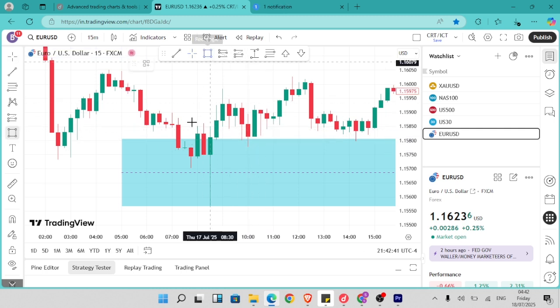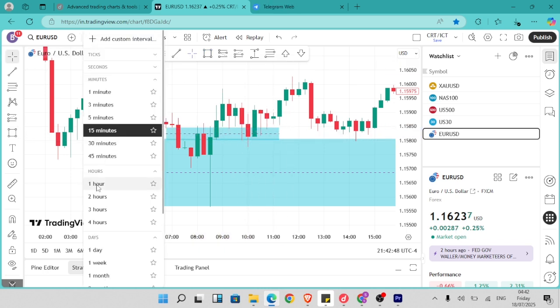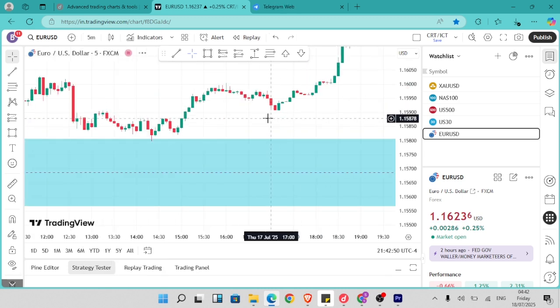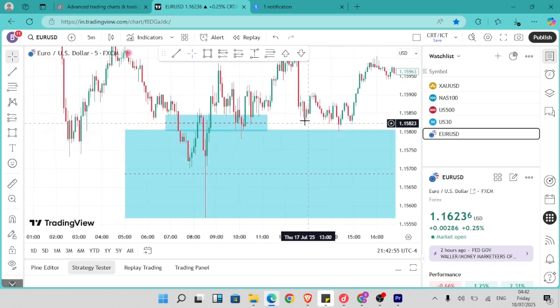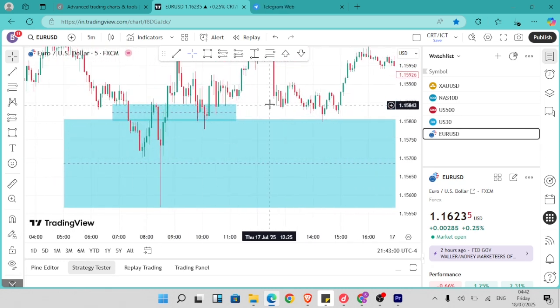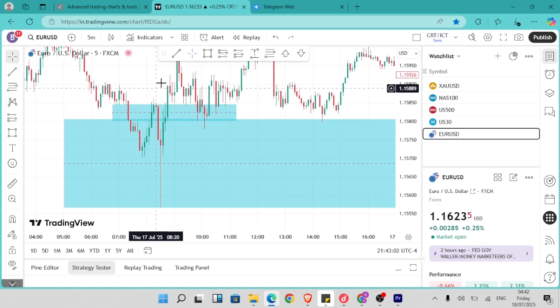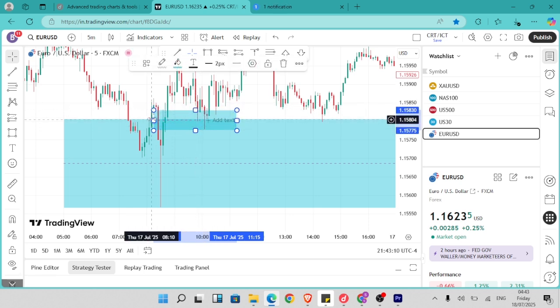Maybe you can mark this inverted fair value gap right there. I'll go to the lower time frame and see if there is a finer reason why price will want to go into this zone. And yes, so in the 5-minute time frame we have a better inverted fair value gap. You can see it right here. So this inverted fair value gap,